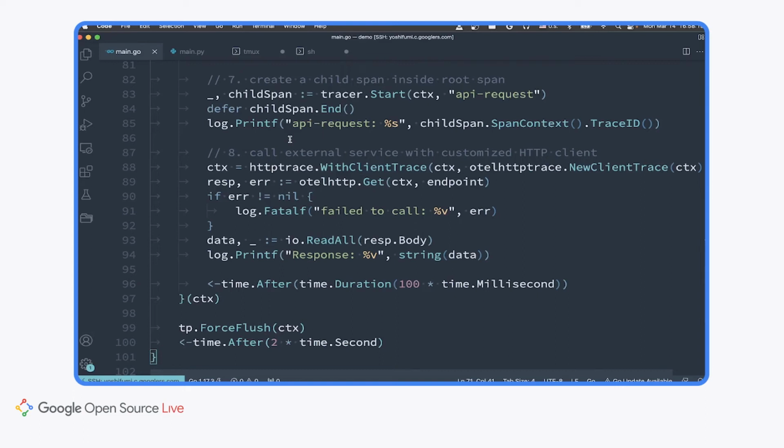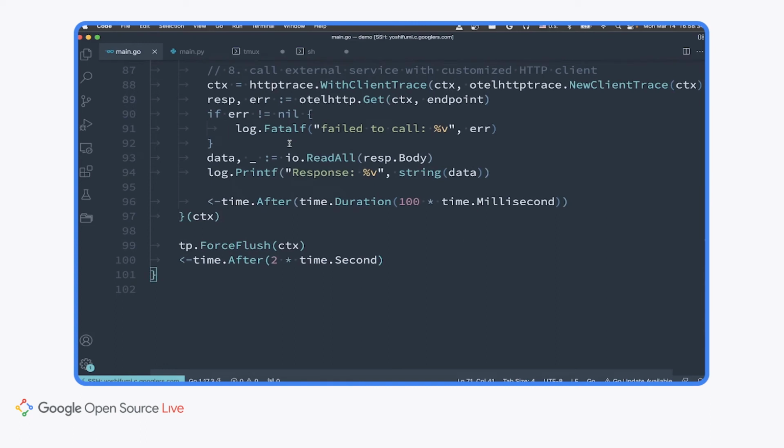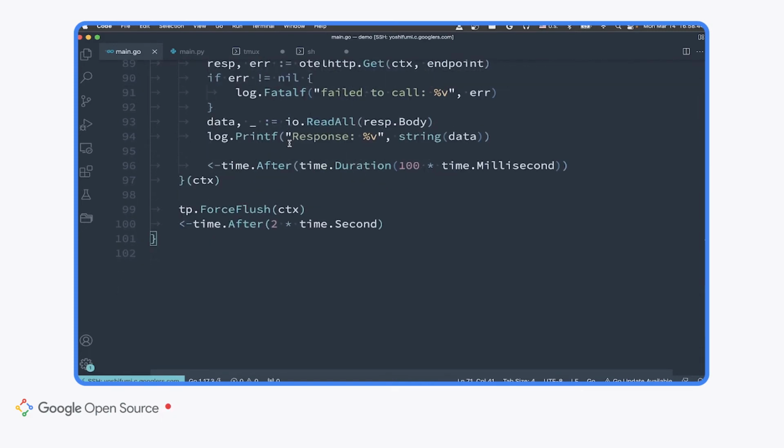In order to confirm the trace ID is propagated successfully, I'm printing it out here as well. And now this program is calling the server endpoint with a customized HTTP client. And the last line is printing out the response body.